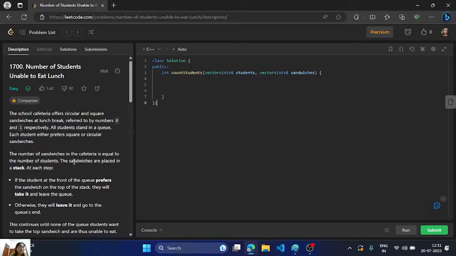So, this is our today's question. This is question number 1700, Number of Students Unable to Eat Lunch. In the question it is given that the school cafeteria offers circular and square sandwiches at lunch break